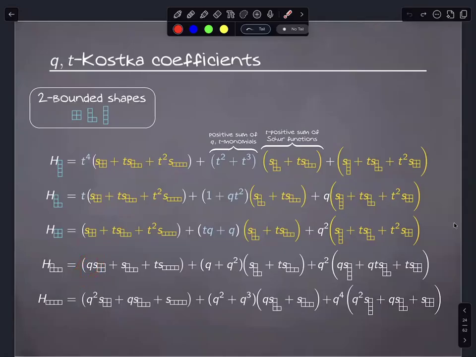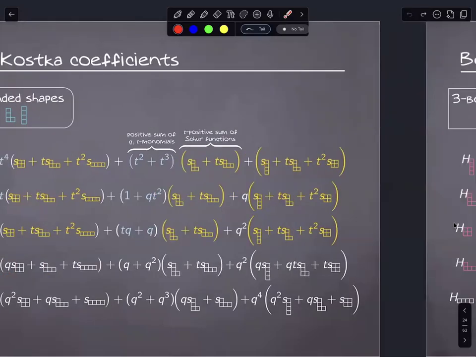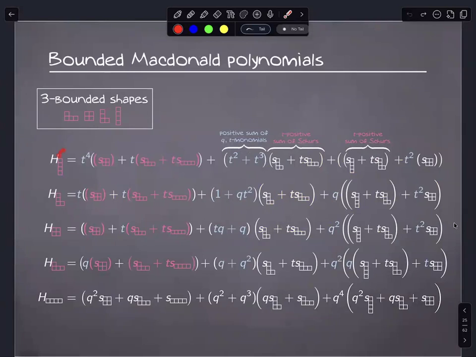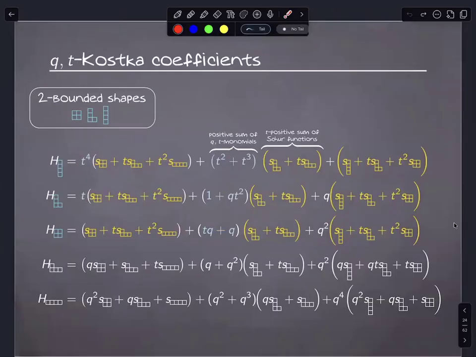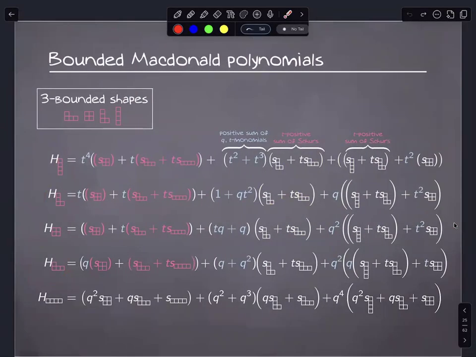So you definitely can't just take the 3 shape. What we discovered though was that if you want to consider all of the guys with at most 3 columns, you have the same phenomena, but it breaks apart the 2 shape case. So here you have this bubble for just 2 shapes. When you go and add another Macdonald, you now get smaller bubbles that are making up the case for the